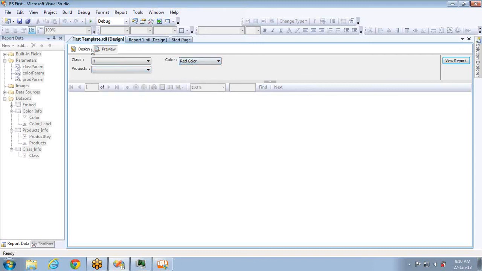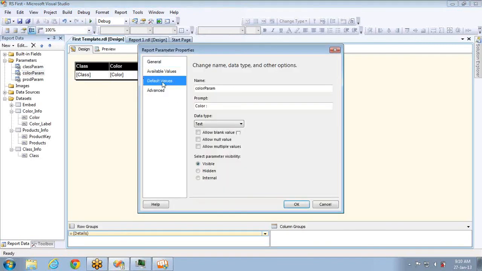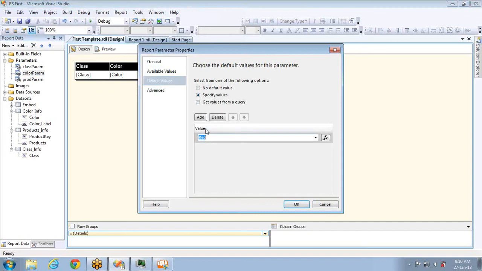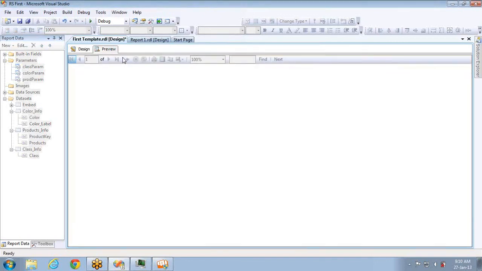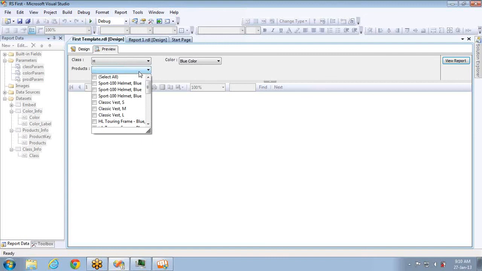So if I don't set any color as default value here, and after loading, it won't take any default value, and hence the third parameter will still be in what we call disable mode until I select the color parameter. Here you can see the products are not yet loaded. Why? Because it depends on the color, and you can see now the color is loaded. So this is about cascading parameters, and that's it for this session.